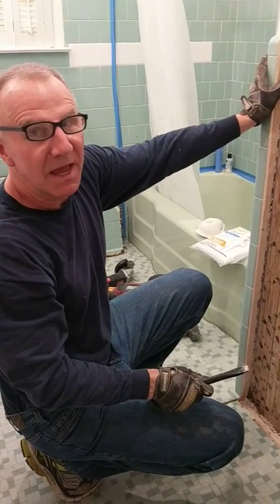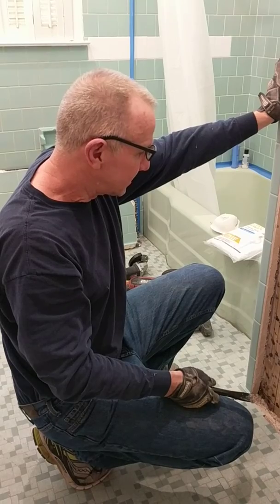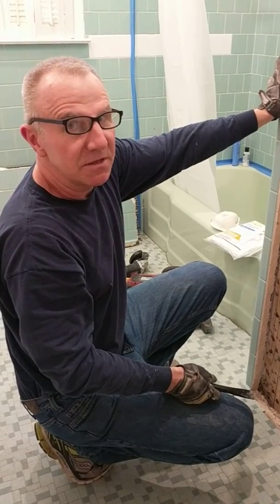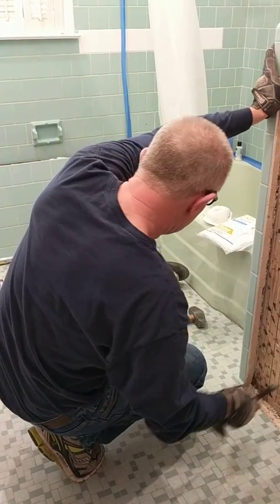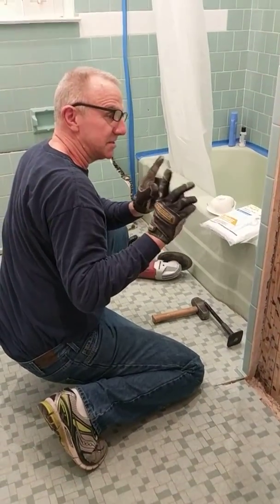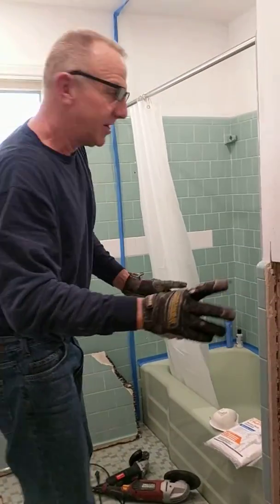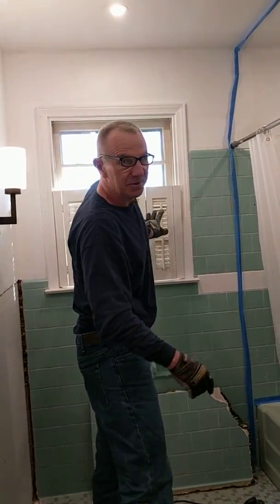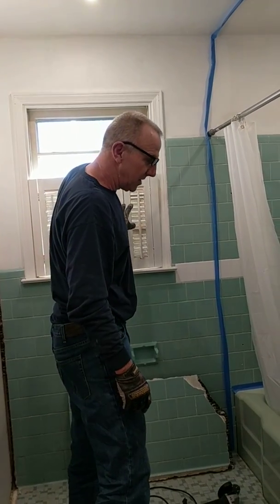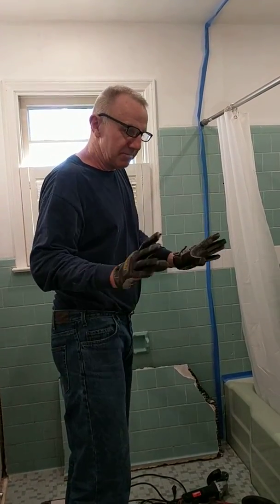I'm going to describe to you how we managed to do this, and we found this to be pretty successful, and what tools you need to do it. So let me just describe what we did. And I will say, by the way, this is a very dusty job. Recommend, in addition to the safety gear, put a fan up in the window. If you have a bathroom window, put that fan on, exhausting the dust out, because it's going to be clouds of dust